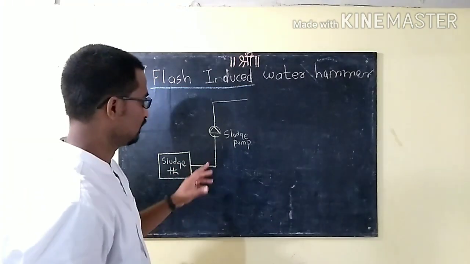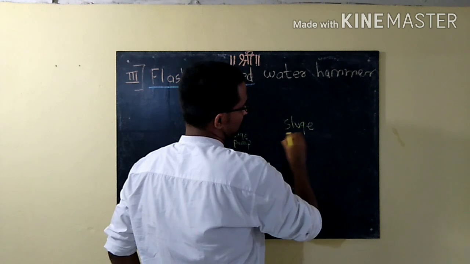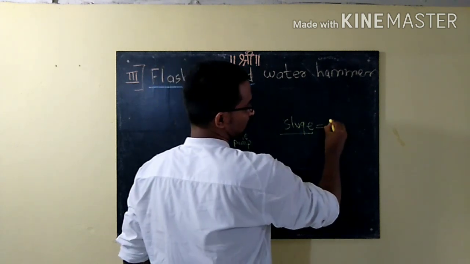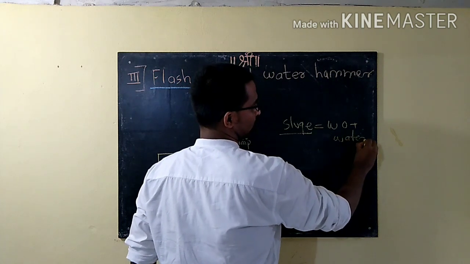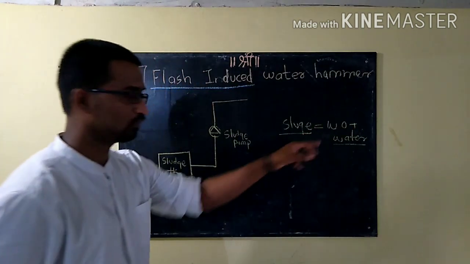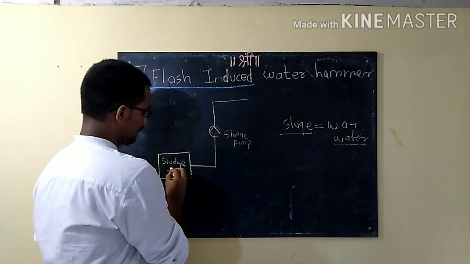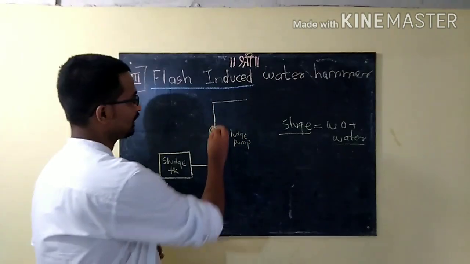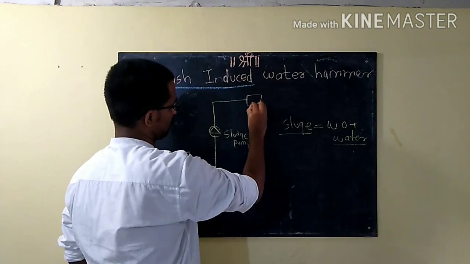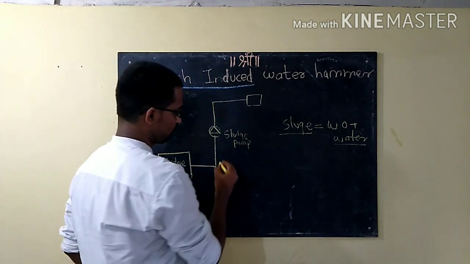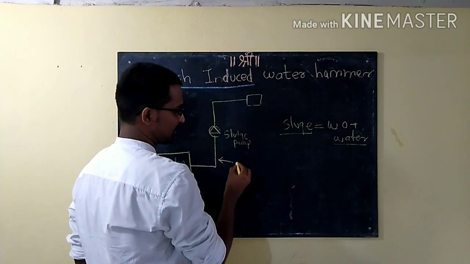When this happens, for example, first, sludge is the combination of the waste oil and water. We all know that it is a combination of the waste oil and water. This is a sludge pump. It is taking suction from the sludge tank and giving to a barge. Okay. So this is a suction side. We all know that generally in a suction side, a negative or less pressure is there.